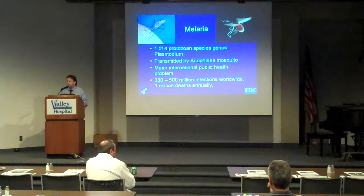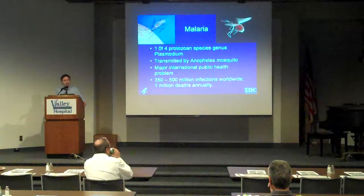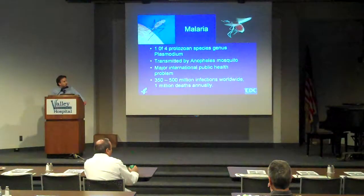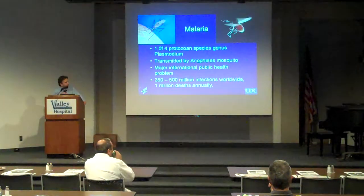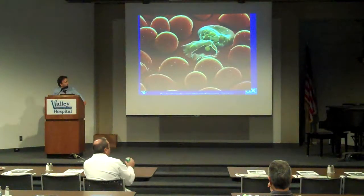One of the major causes of death worldwide is malaria, HIV, tuberculosis, and the combination together is just catastrophic. Mostly sub-Saharan Africa. Stuff we generally don't see here. 350 to 500 million infections worldwide, 1 million deaths annually. This is what it looks like when you have the actual plasmodium bursting out of your